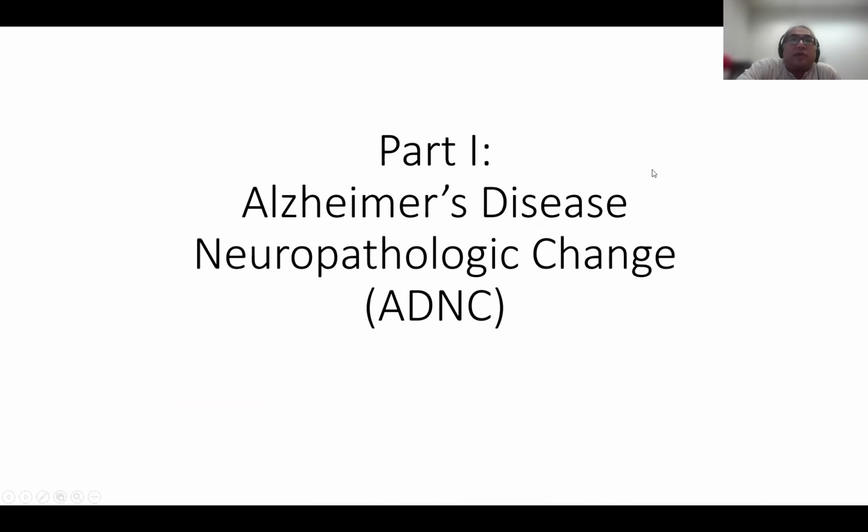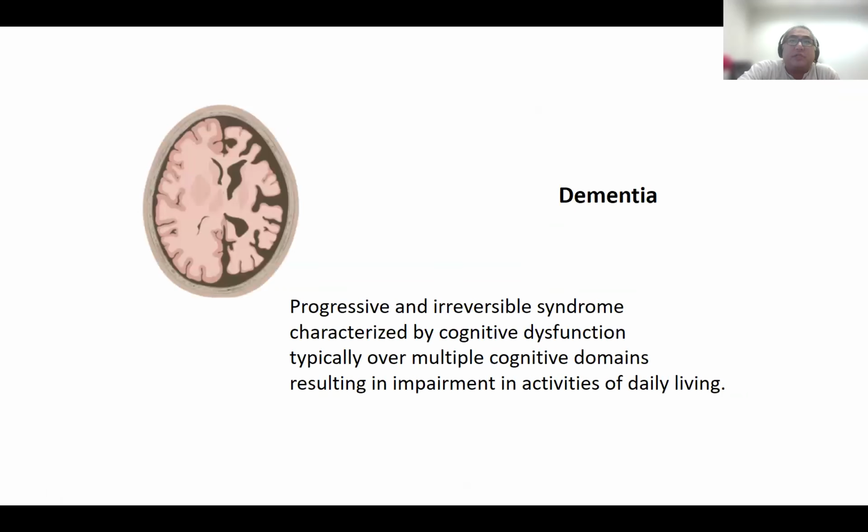So this talk is divided into several parts. In this first one, we'll talk about the pathologies that are specific to Alzheimer's disease, so ADNC, Alzheimer's disease neuropathologic change. And I thought a good place to start is to first discuss what is dementia and what's the definition of dementia. And so this is something that I think is useful as a definition, in that dementia is